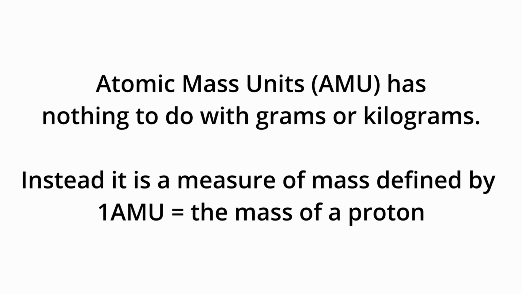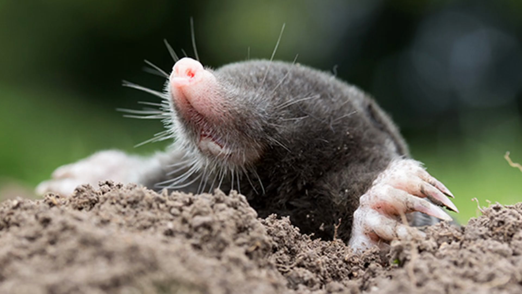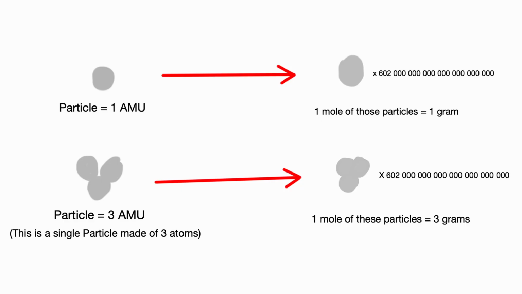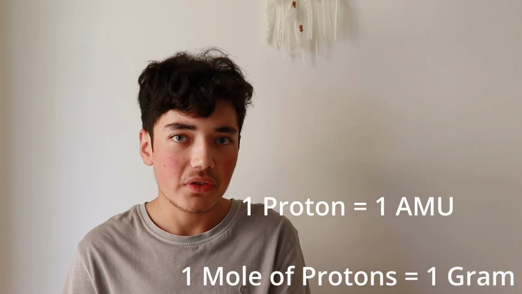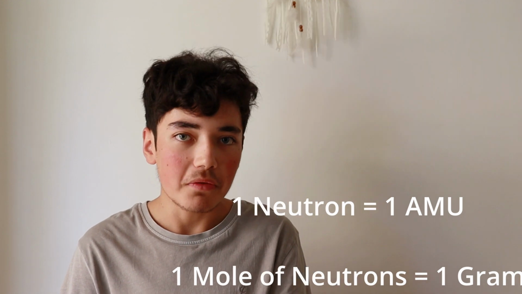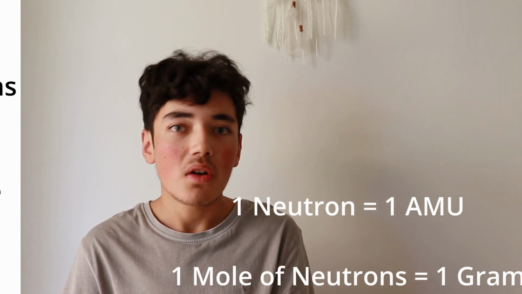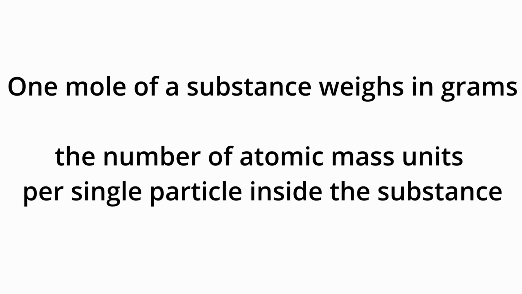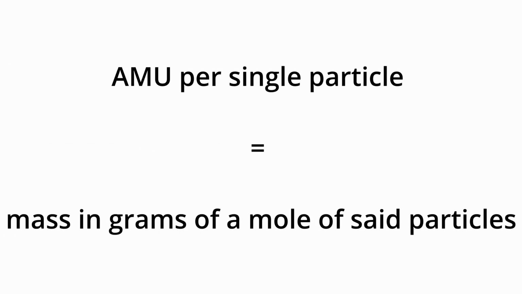To solve this, we invented a unit called the mole, which is the number of particles needed to make the mass of a sample in grams the same as the number of atomic mass units in the substance. So, 1 mole of protons is 1 gram, and 1 mole of neutrons is also 1 gram. Why is this? Because 1 proton and 1 neutron is 1 atomic mass unit, because that is the definition of